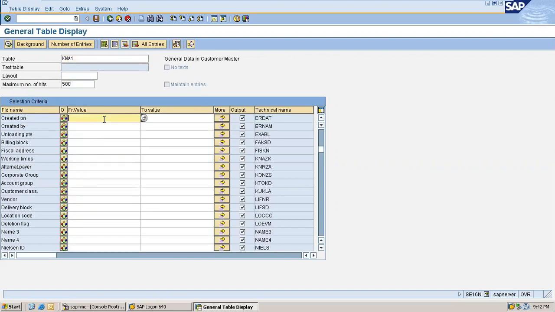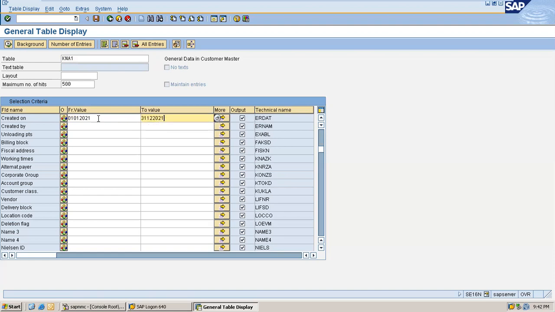I know when I created it, so I'll take 1st January 2021 to today's date.